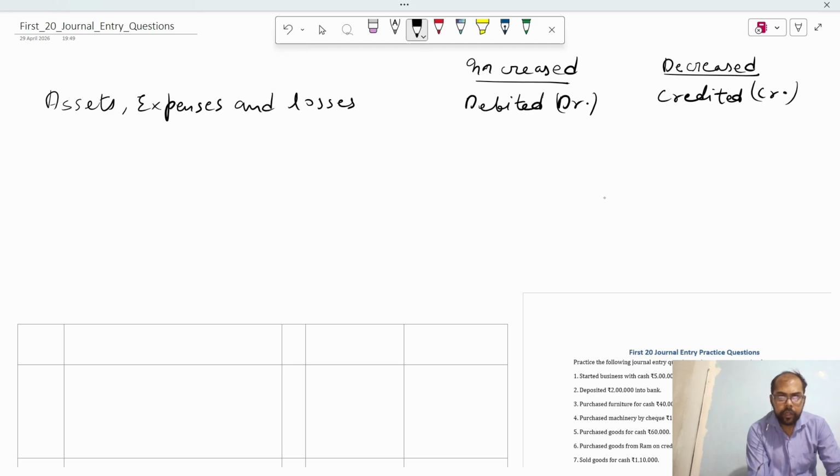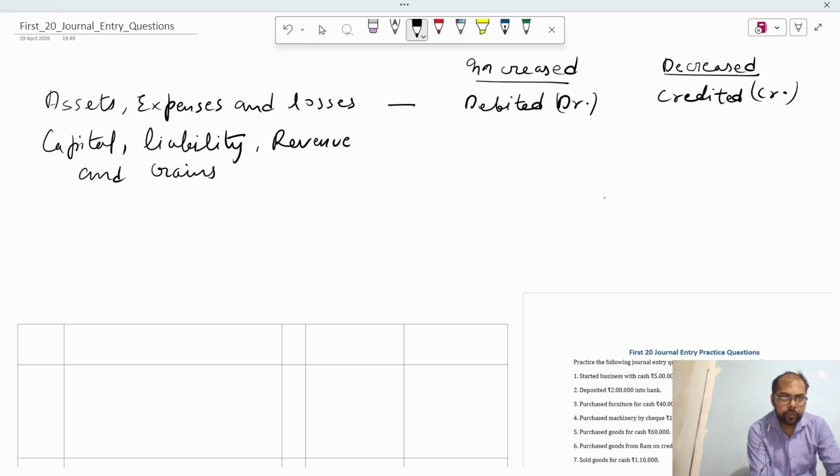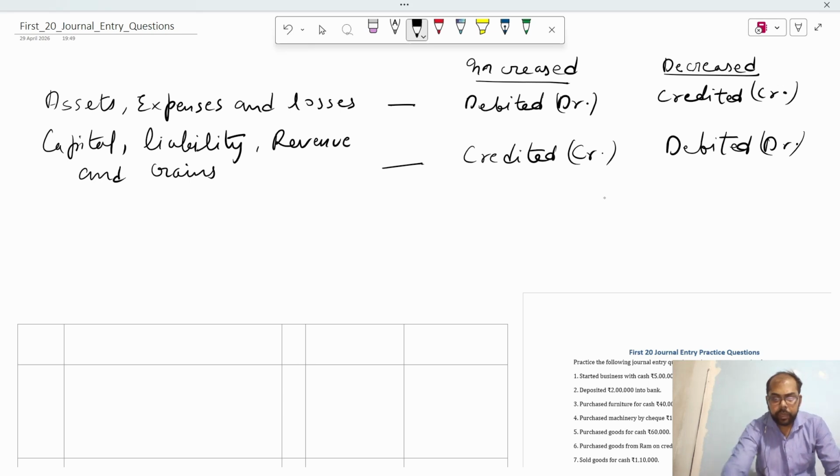Now the reverse rule applies to capital, liability, revenue, and gains. When capital, liability, revenue, or gain increases, they are credited. And when they are decreased, they are debited. So this is what we have learned in our previous class. Now, let's implement these rules